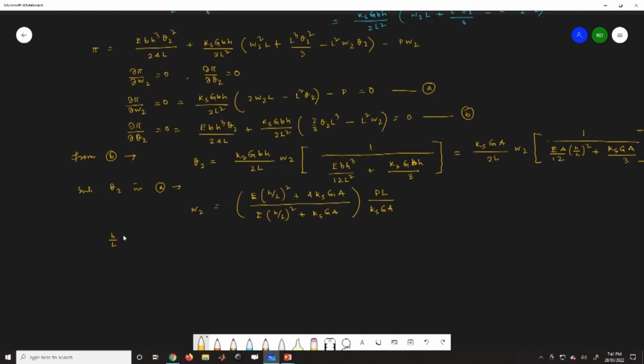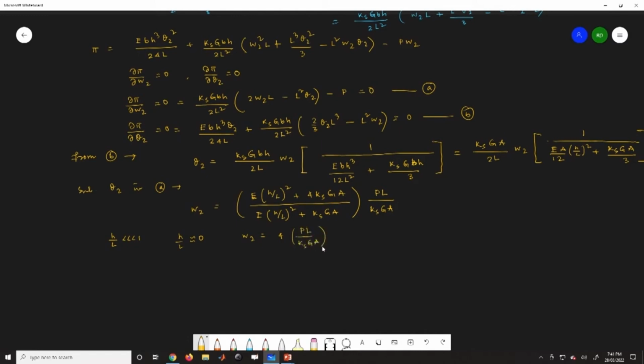So H by L is much less than 1, and I can consider it 0. If I approximate H by L as 0 or a very small value, that is a very thin beam, then what will happen to my W2? My W2 will contain only 4PL by